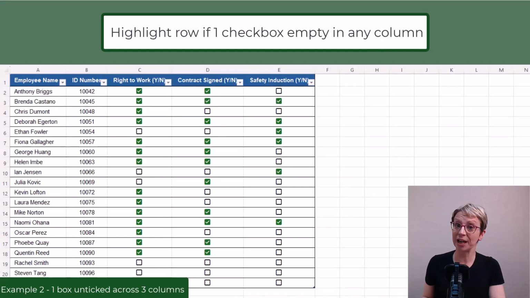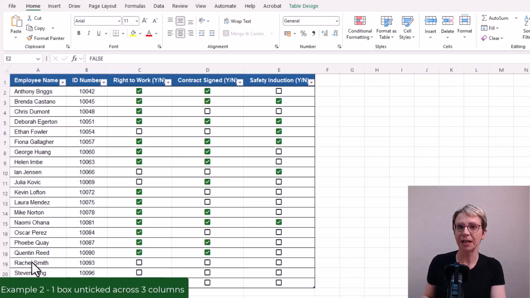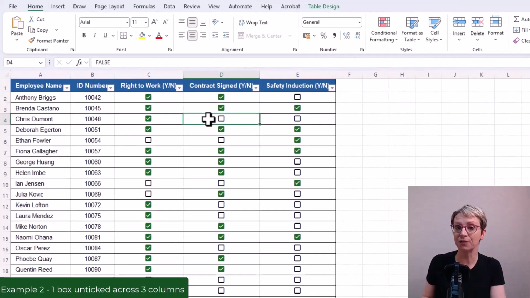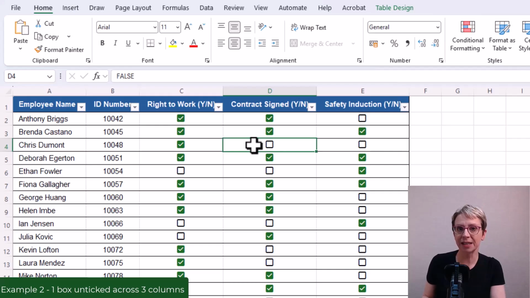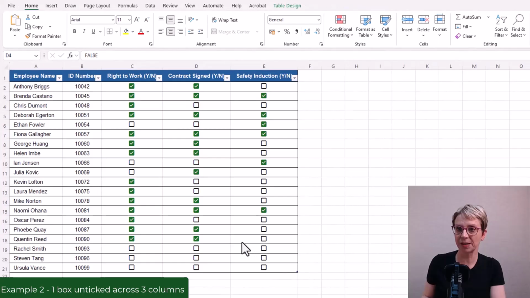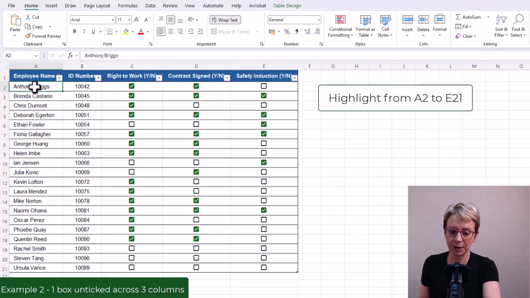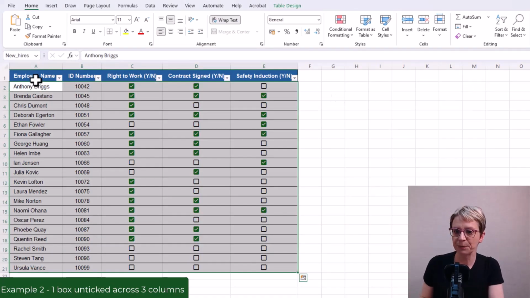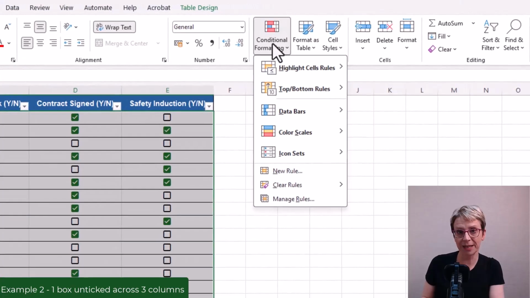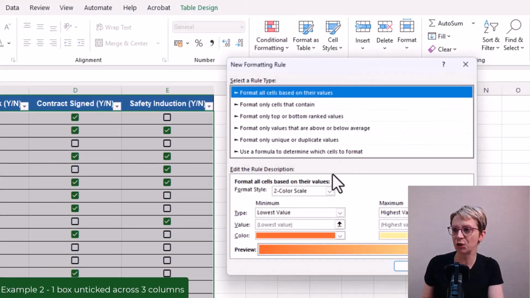In example 2, I am going to highlight the row if at least one of the checkboxes in the row is empty. As a reminder, if I click on an empty checkbox, you will see false appear in the formula bar, and this is what I'm going to base my formula on. And to do that, as with example 1, I start by highlighting all my data to which the rules must apply. Here from cell A2 to E21, and I go to Conditional Formatting as before and select New Rule,